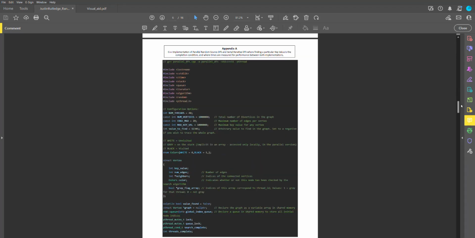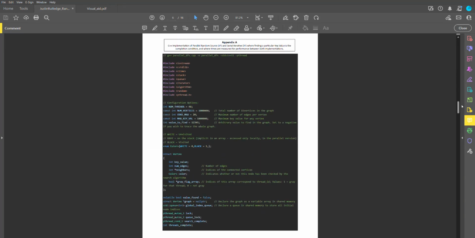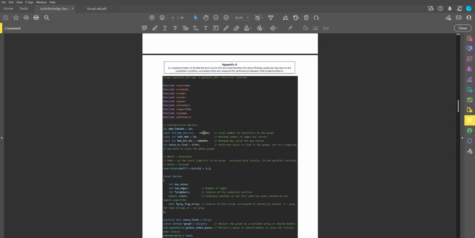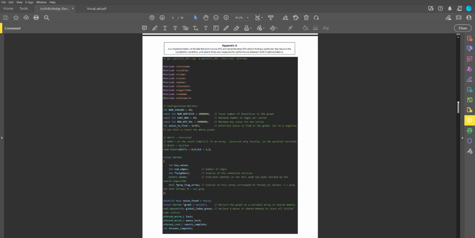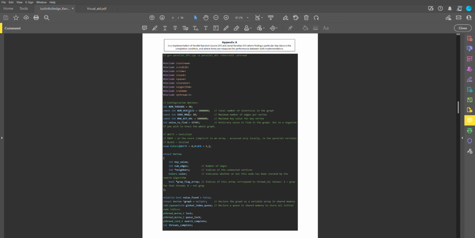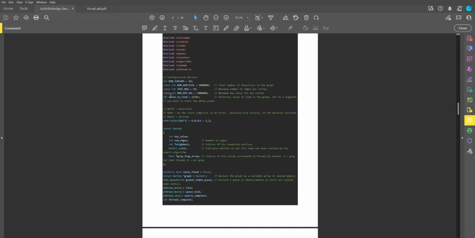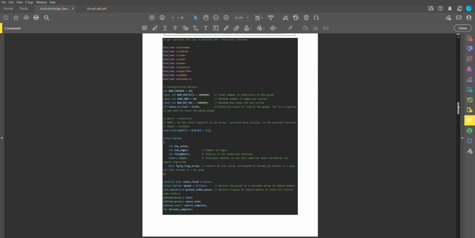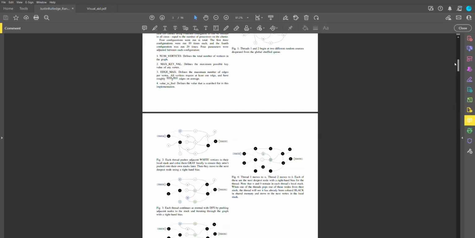I implemented this program in C++ that would construct a very well-connected graph with several parameters that you can adjust, like the number of threads, number of vertices, the maximum number of edges per vertex, and the maximum key value for each vertex, and then some value to find. In this particular implementation, that value to find is going to be the main operation for the